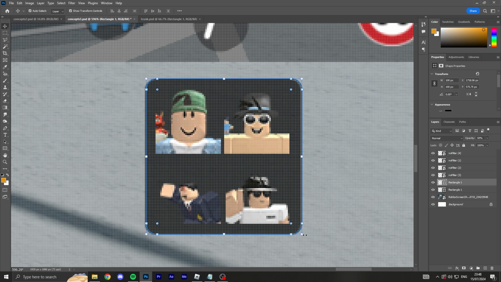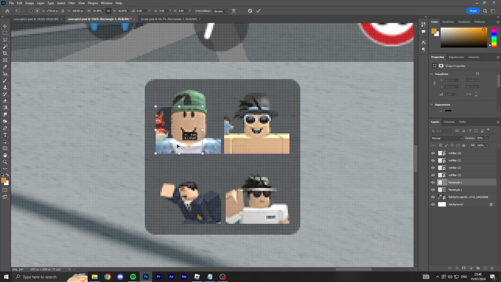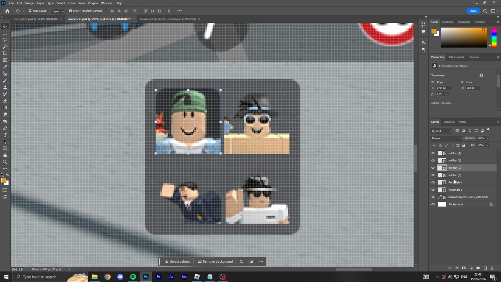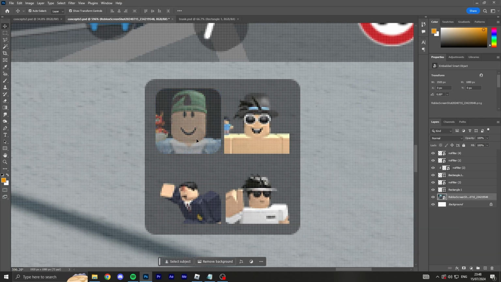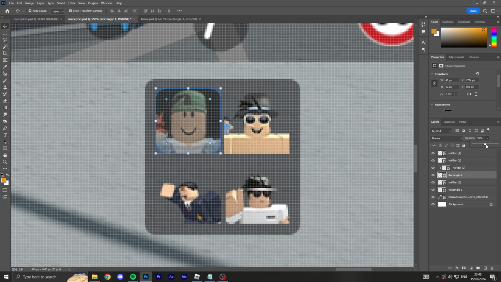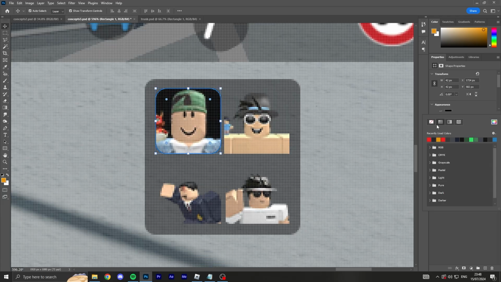So yeah, I'm just going to add a mask for a curved rectangle behind the player because it just looks cleaner. So yeah, fairly simple. We're just going to make one there, select which one it is. It's just going to be this one, then we're just going to create a clipping mask just like that, and boom, they're inside that. And then we just need to turn this to 100 and put the fill to none.